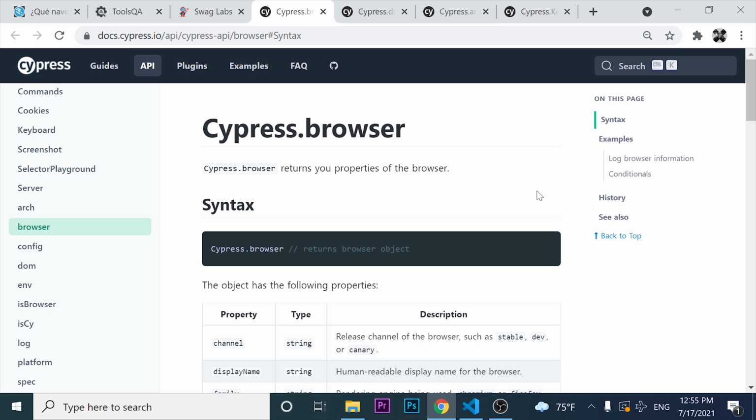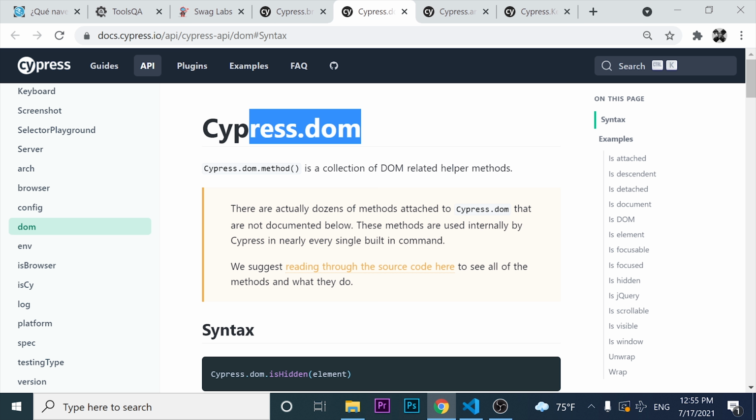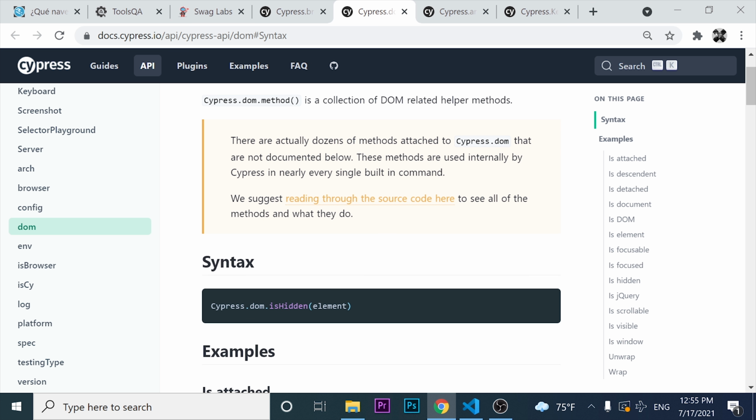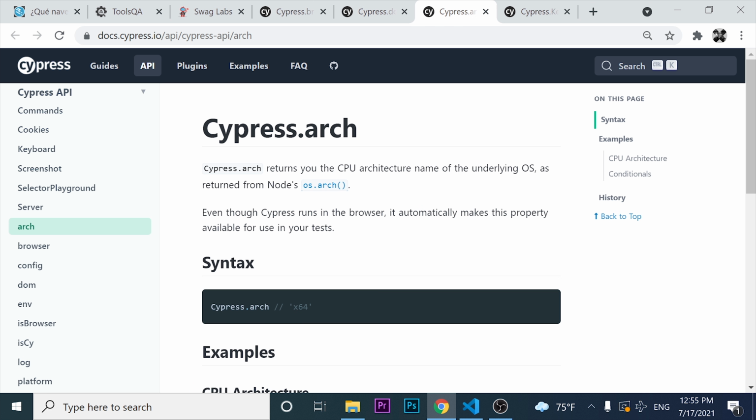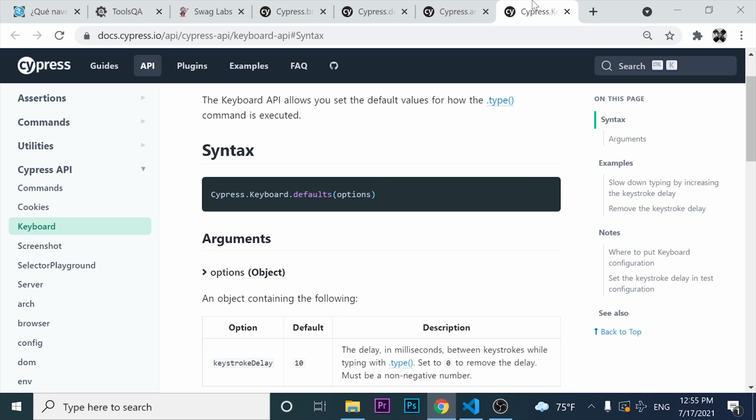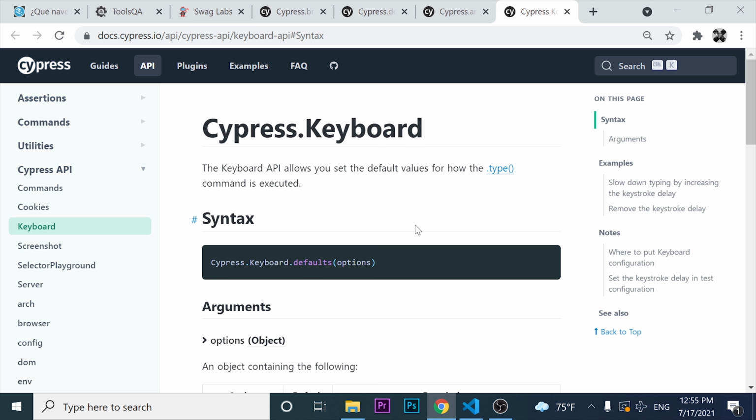In this video, we are gonna be reviewing 4 commands that you probably don't know. The first one is cy.browser, which is gonna return the properties of the browser. Then we have cy.dom, which is a method that returns a true or false value depending on a DOM node in the HTML, right? Also, we're gonna take a look at the cy.arc command, and then at the end we're gonna be reviewing